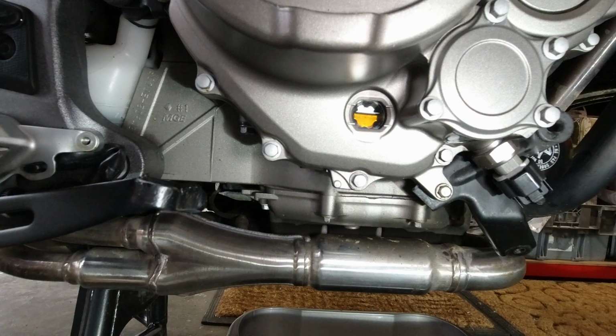Back with you soon. Right guys, she's been sat for about 4 or 5 minutes after the last run. It's not looking too bad actually, that's nearly at the top. I'm just going to pop a fraction more in. I know you can't take it out, but I've got to reuse the oil container from the new oil to put the used oil into. And once I start tipping the old oil into the bottle, I can't get any new oil back out. So I'll just